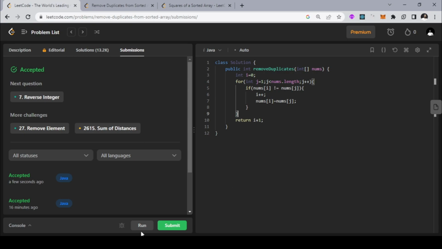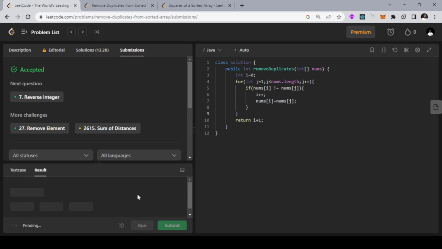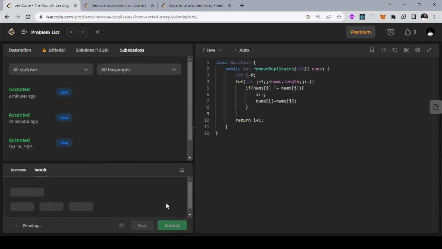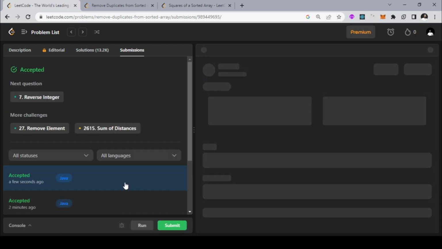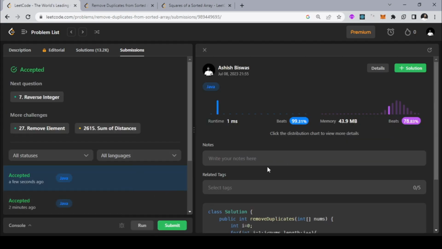Now let's run this, and you can see it's also working very well. Now let's submit this, and yes, it also gets accepted. That's it. And obviously the time complexity is linear, that is big O of